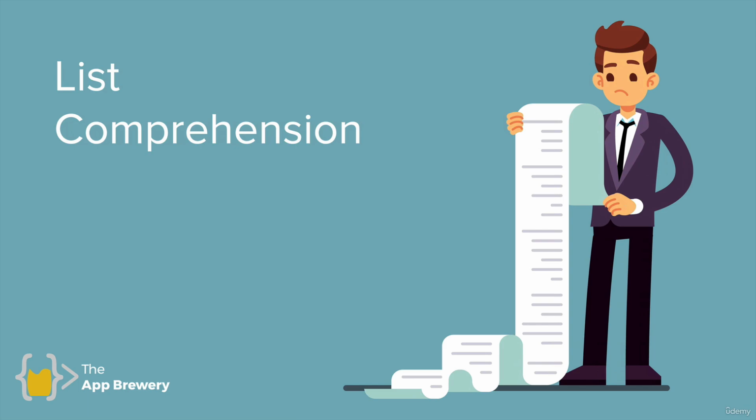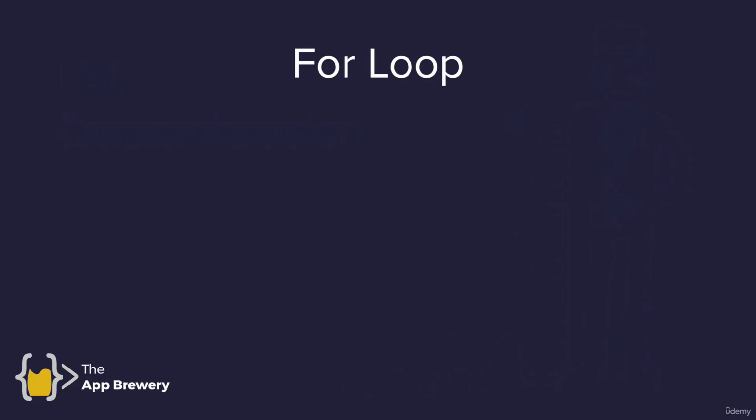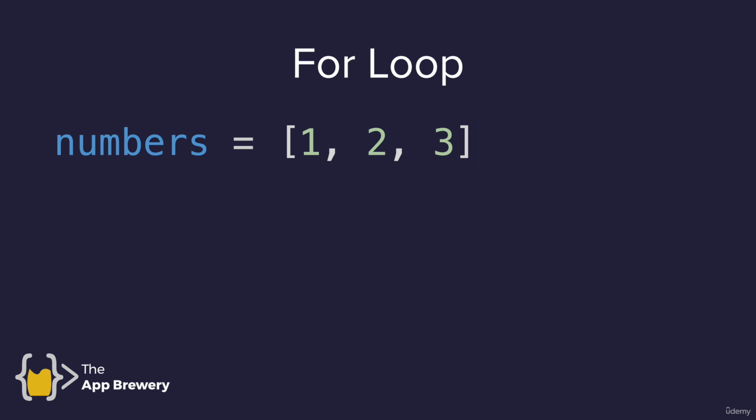So what exactly is a list comprehension? Well, it's a case where you create a new list from a previous list. So far, we've been doing that using for loops. So for example, if I have a list of numbers 1, 2, 3, and I want to create a new list where each number is increased by 1, well then I would use a for loop, creating a new empty